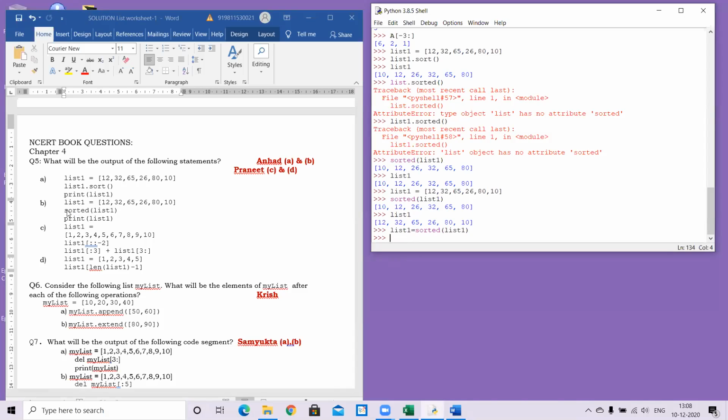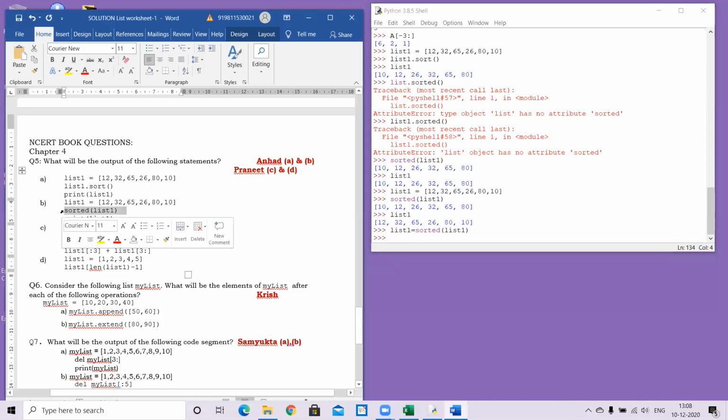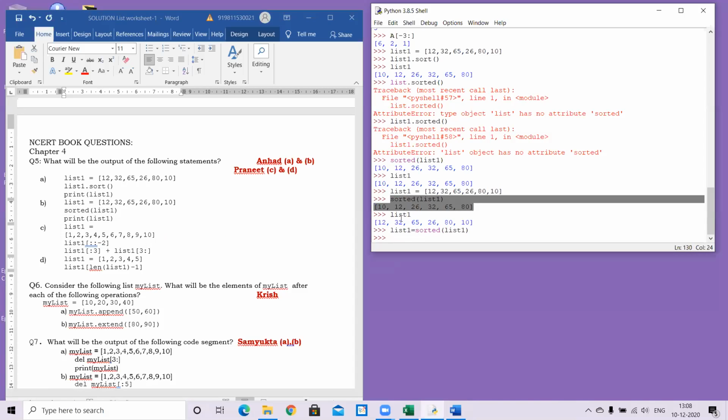Yes, right. So this particular line will give me the sorted list. It shows you immediately before the prompt. Just notice these minuscule differences. When you give list 1 dot sort, no output was given to me, unless I asked it to show. So this means that the data has been replaced. But in this case, when the immediate output is coming, the data is not replaced. That is why when I'm printing my list 1 again, I get my original list only, because I did not assign it back into list 1.